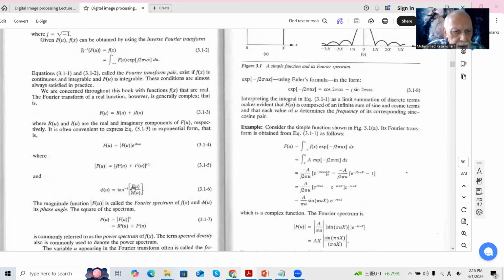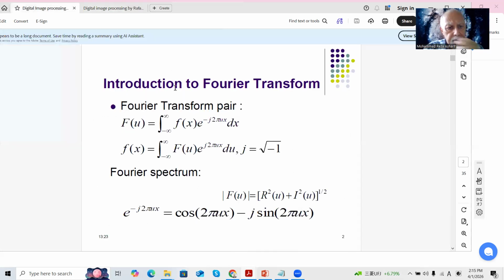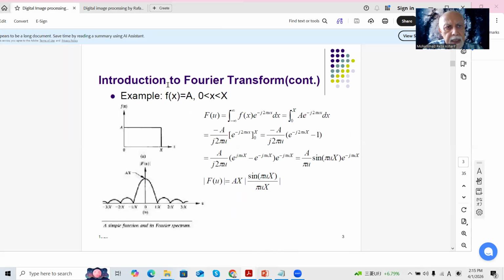The phase is arctangent of imaginary over real. This is the phase of the image, which is important, of course, later I will show you. Okay, then next is the,